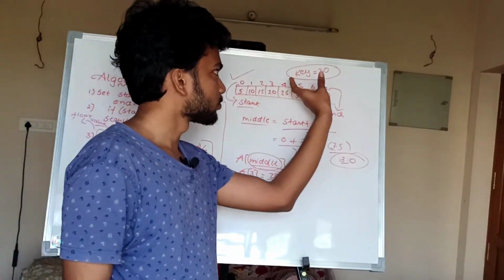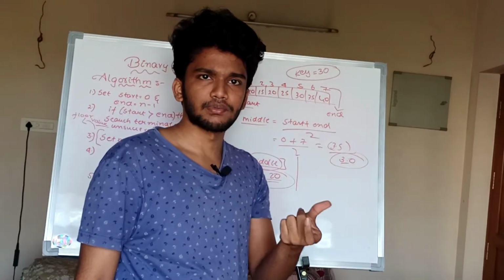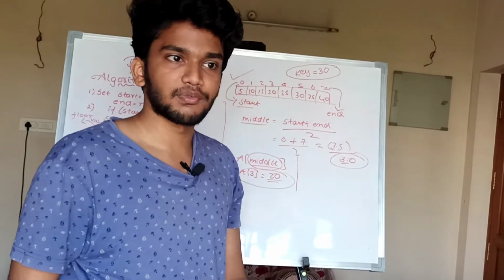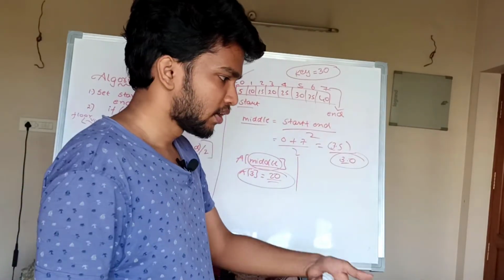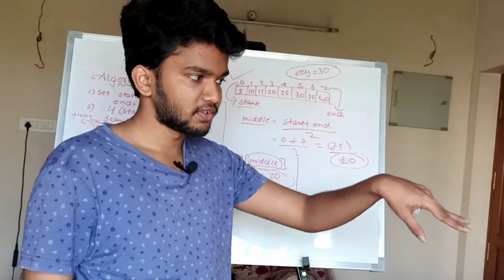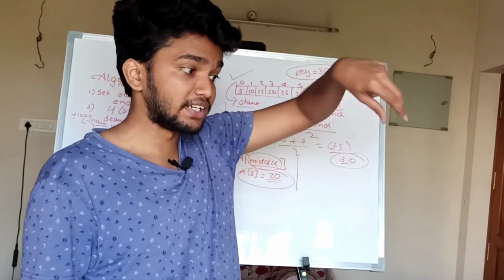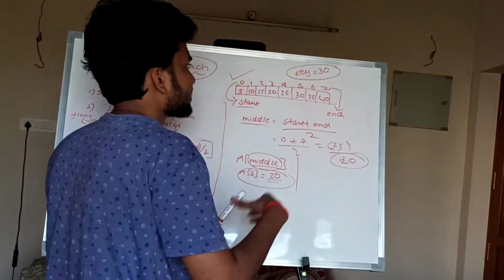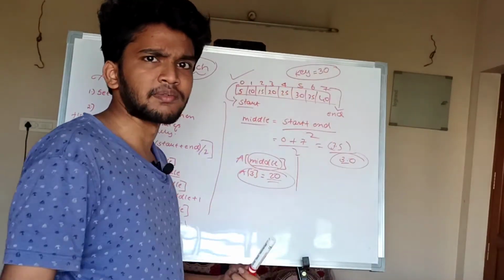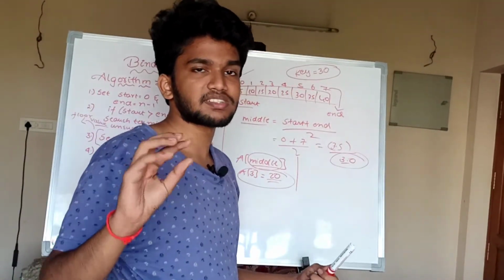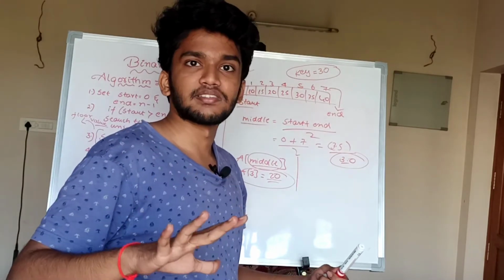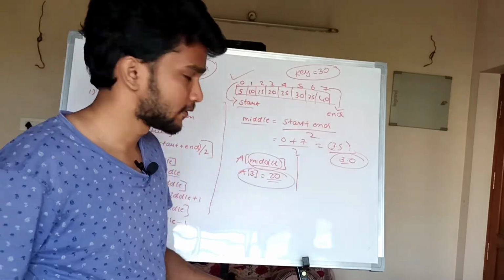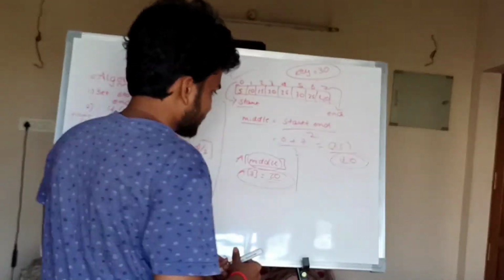Suppose we have a key value. Key means the element that we are searching. Searching means with respect to some element only, right? We check whether it is present in the array or not, and at which particular location. That element we call the key, or you can call it element, anything, but changing terminology makes it complex for you. You can name it anything, but make it meaningful, that's all.